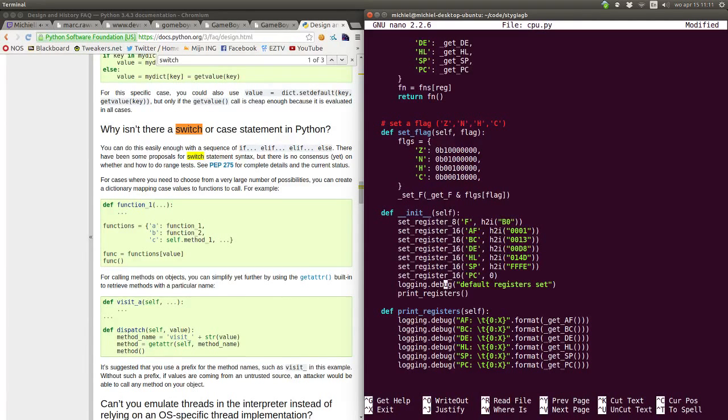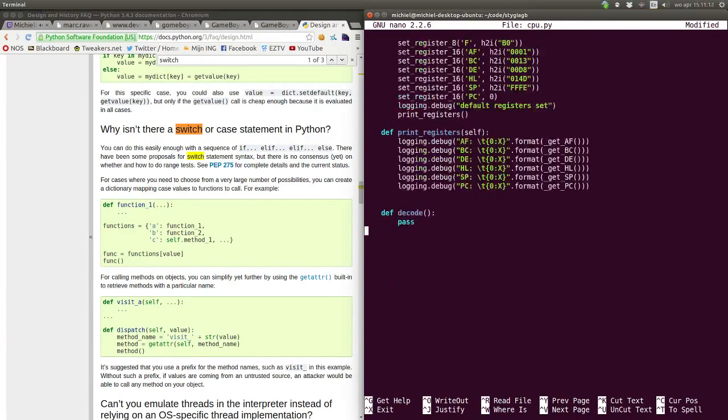And here are our functions that we built previously. So yeah, and here I built a decode function. Not sure how I'm going to do this yet, but it will be something like this. I'll just make some pseudocode for now. So first of all, we need to get the instruction opcode